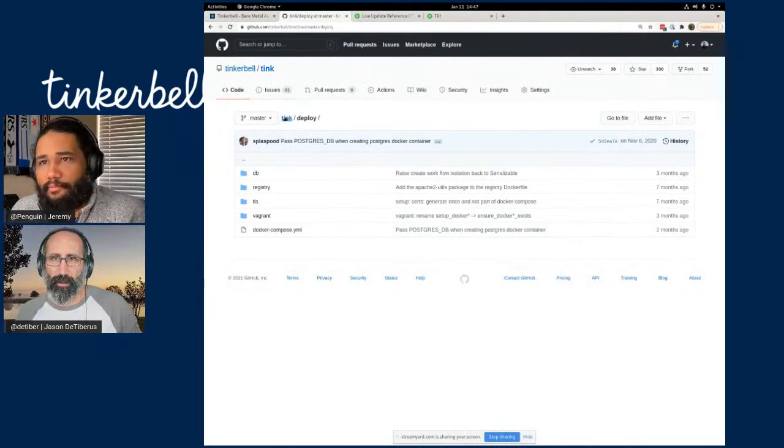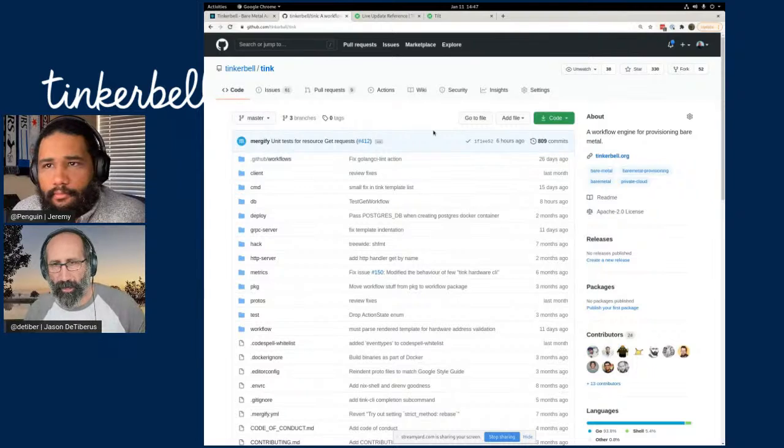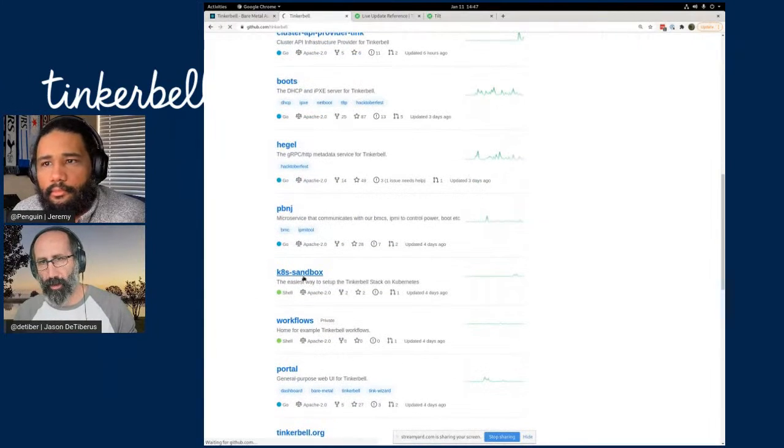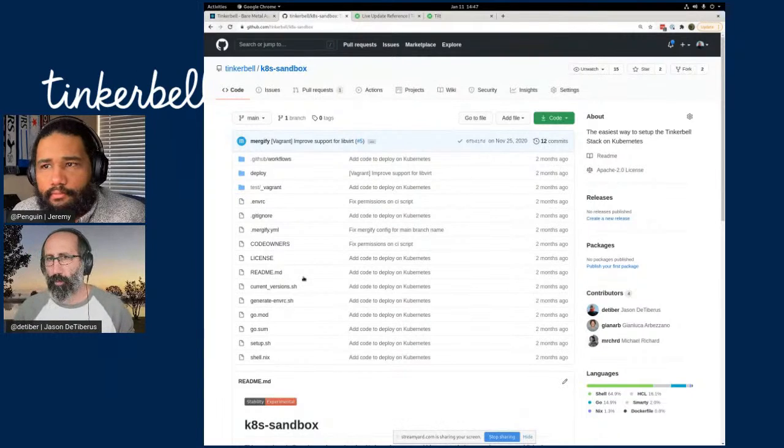One of the things we're looking at, and obviously Kubernetes doesn't necessarily make sense for all uses of Tinkerbell, but I mentioned the sandbox repository earlier. We also have a Kubernetes sandbox here as well. And this is probably where the Tilt environment is going to end up landing, because this is where we're targeting the Kubernetes deployments and things like that. So I think it'll make sense for the Tilt configuration to land here rather than in the main Tinkerbell repository. But I'd like to see if there are ways that we can leverage